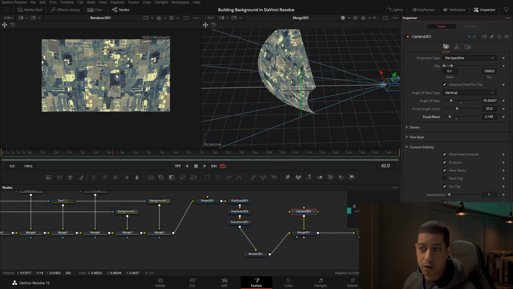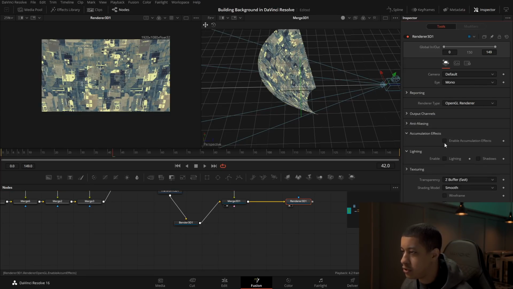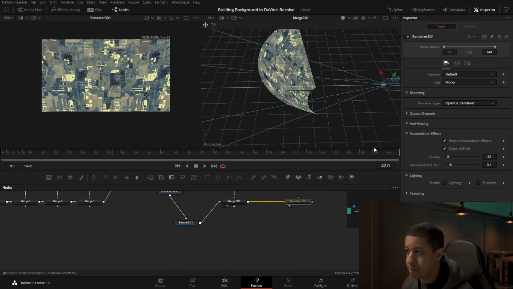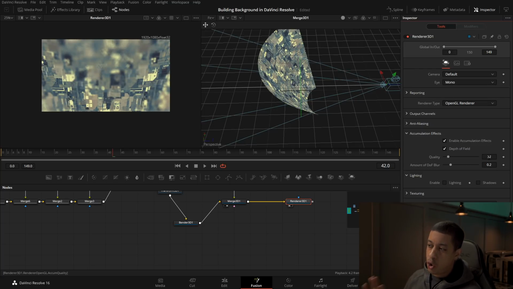Over here is our render, but you don't see that at all. So if we come into our renderer, we would switch this type to OpenGL, and then we can come into the effects and we'll turn those on. And then we'll now see the portion that is in focus and the portion that isn't in focus. Here we have our quality. I would say don't make this